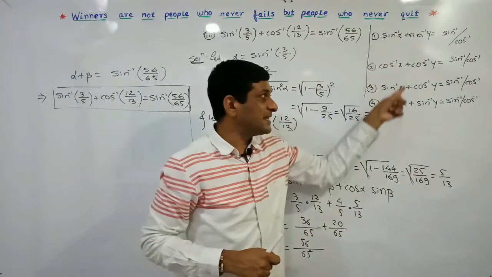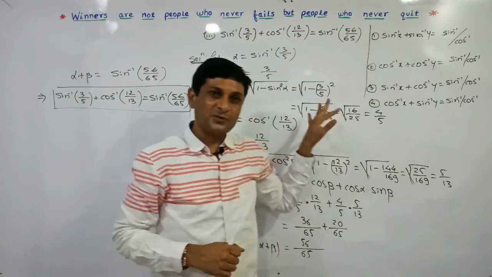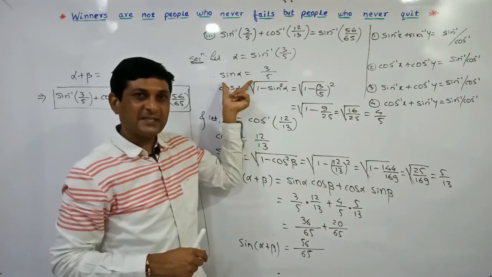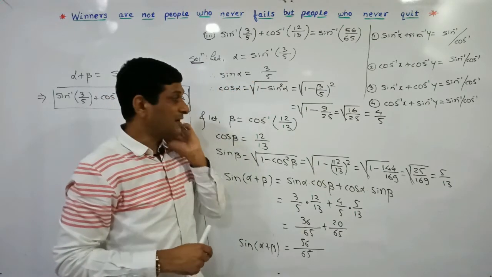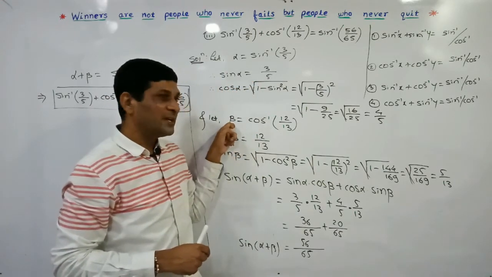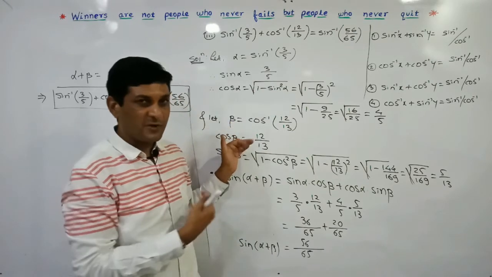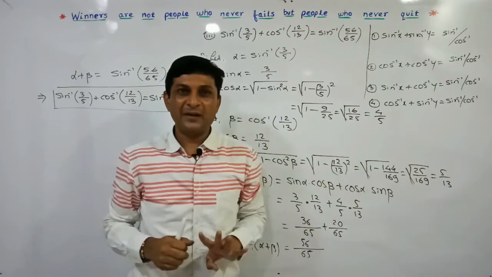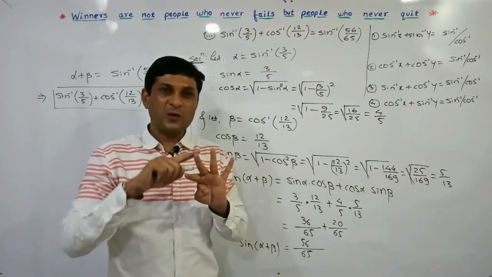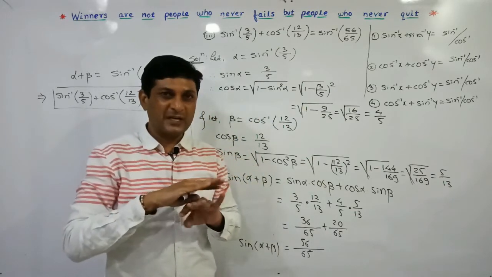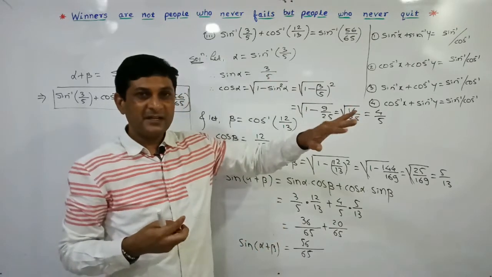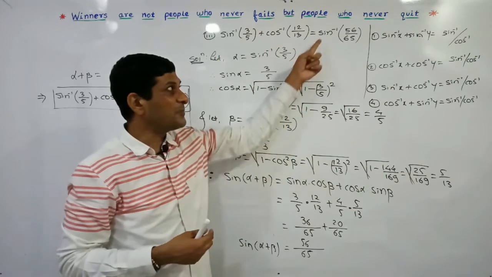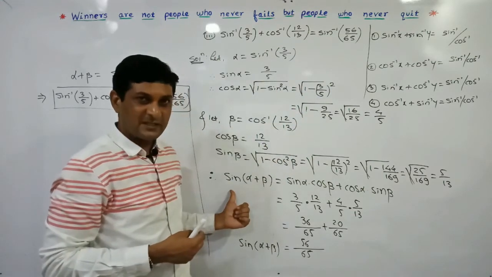In all these cases we have to use the same method. अगर sin inverse दिया है तो उससे आपको sin alpha मिलेगा, sin alpha से cos alpha मिलेगा. अगर cos inverse दिया है, if you are denoting it by beta, so we will get cos beta. From cos beta we are able to find out sin beta. So आपके पास 4 वैल्यूज अवेलेबल हो जाएंगे, sin alpha, cos alpha, sin beta, cos beta. Then observe the right hand side. अगर right hand side में sin inverse है तो यहाँ पे sin से start करो. अगर यहाँ पे cos inverse था तो यहाँ पे cos से start करो.